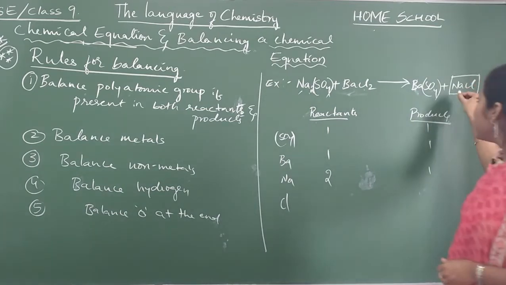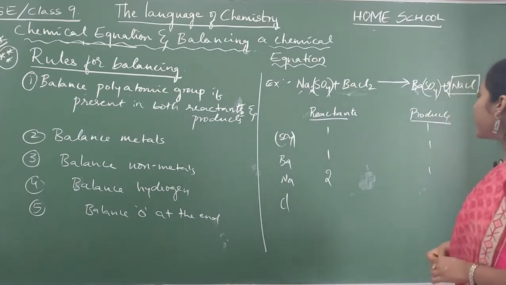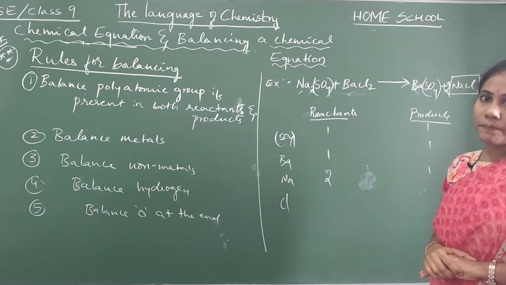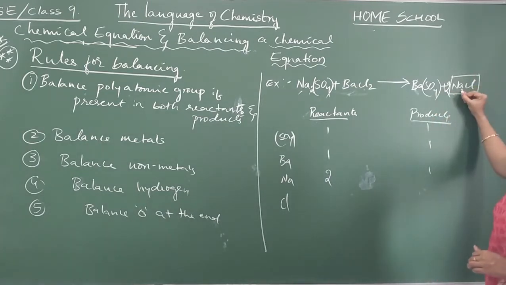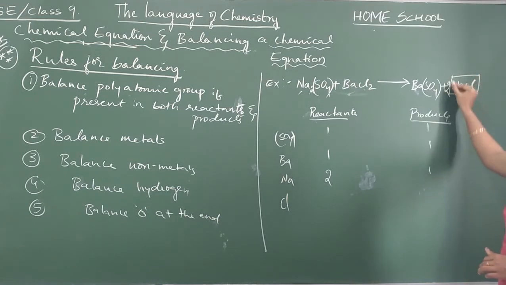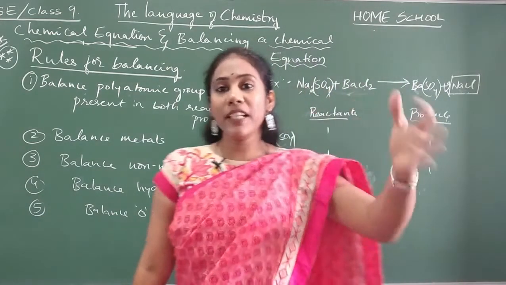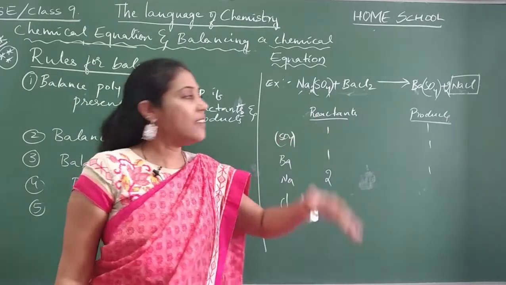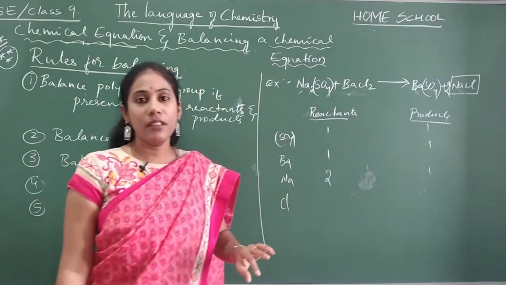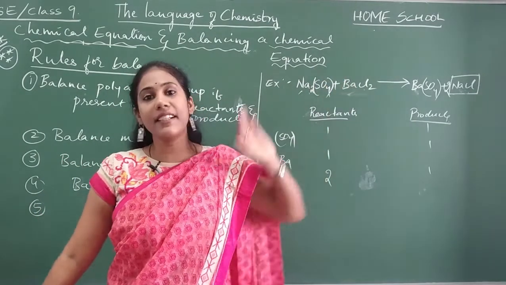That means you have to start putting digits on the product side. Clear, everybody? So what is the digit you will start with? Put 2 and check whether it will get balanced or not. You should not put 2 here. This is a very wrong way. Before a formula, on the left side of the formula, you have to start putting digits. Try putting from 2 onwards. See whether it is getting balanced or not. If it is not balanced, put 3. Like that, you should increase the digit.